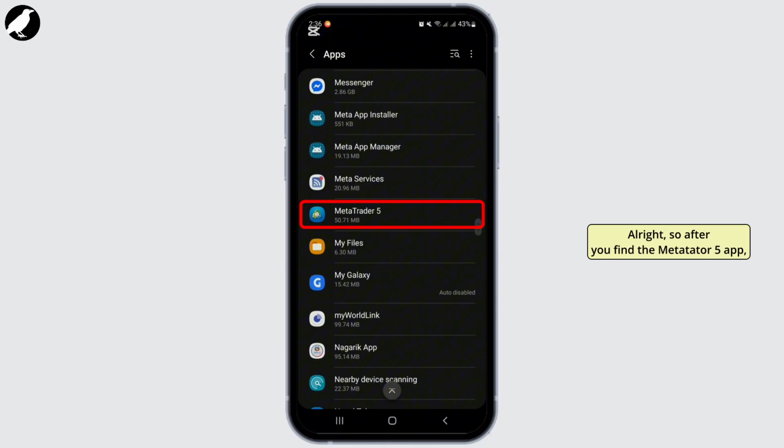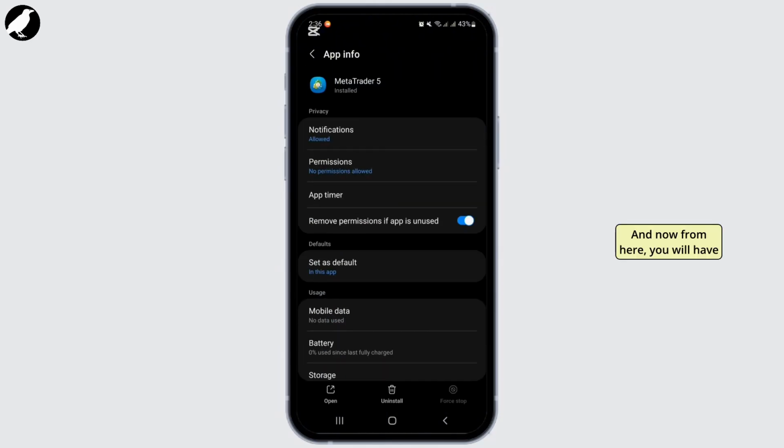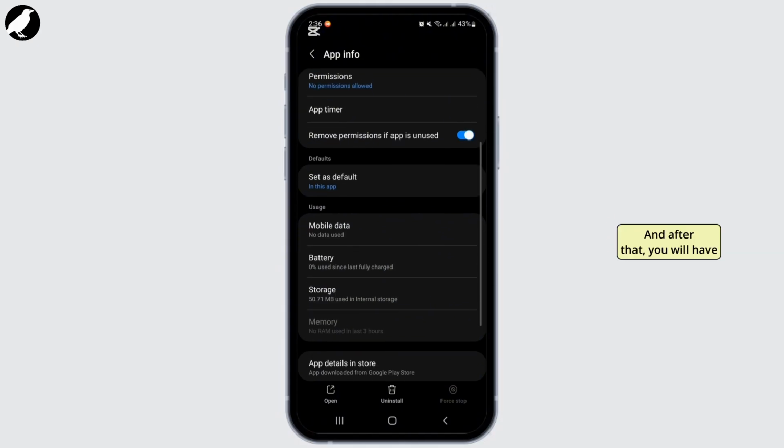Alright, after you find the MetaTrader 5 app, you will have to open it, and now from here you will have to click on this force stop option just at the bottom right corner of the screen. So simply tap on the force stop option. Right now I have already clicked on that force stop option, and after that you will have to click